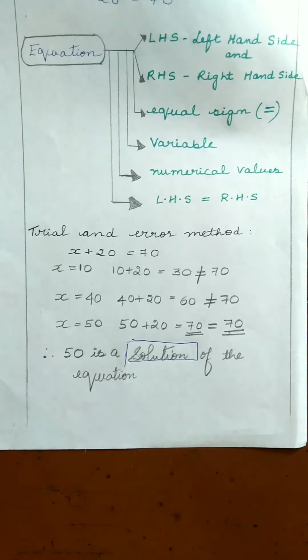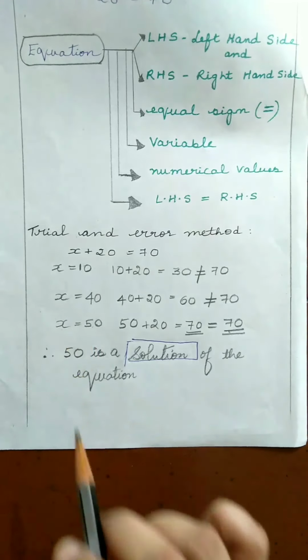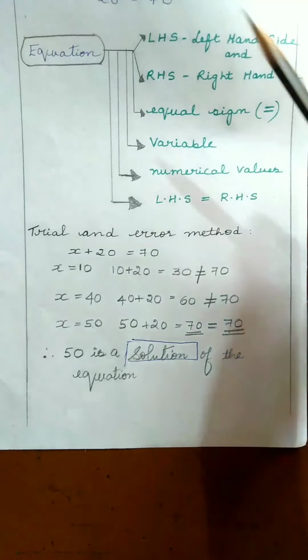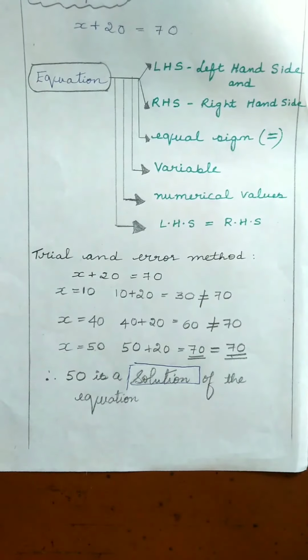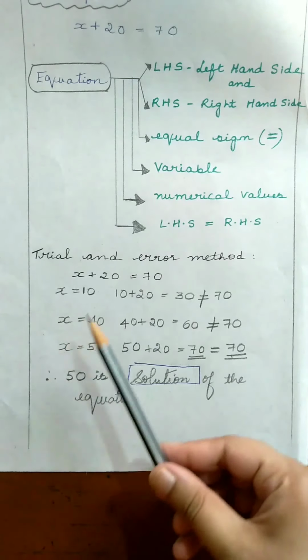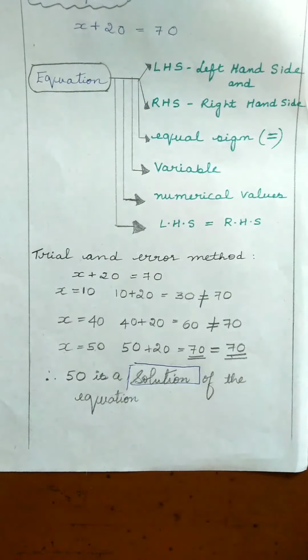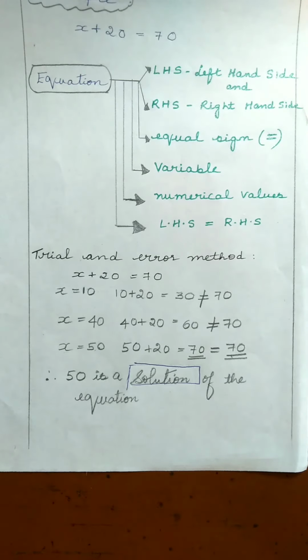Therefore, the value of the variable in an equation which satisfies the equation is called a solution of the equation. So, which value will be satisfied in the equation, children? 50. When we apply x equal to 50, we will obtain the value of the LHS and the RHS. Both are equal. When LHS and RHS values are the same, then we say that the equation is satisfied. The value which makes the equation satisfied, with both LHS and RHS values equal, is called